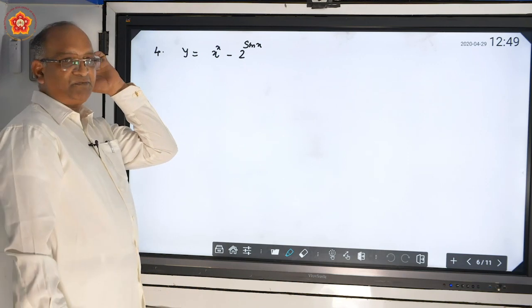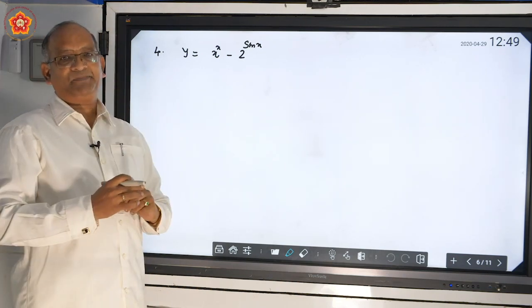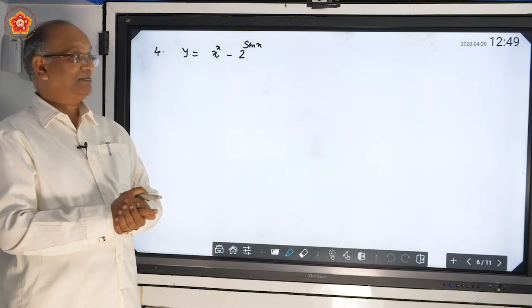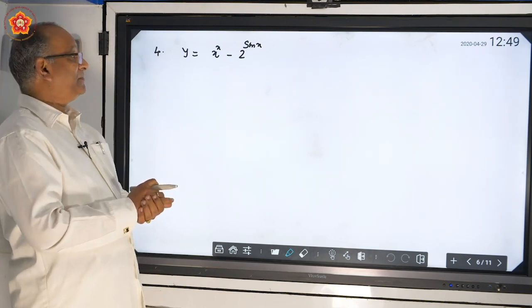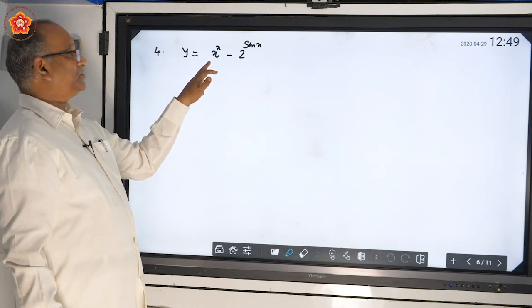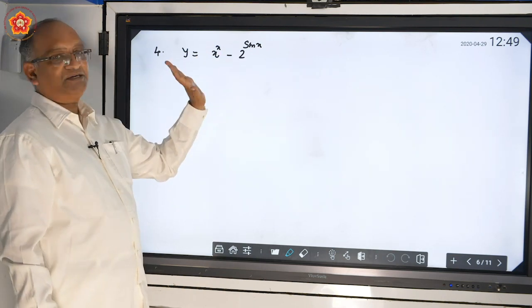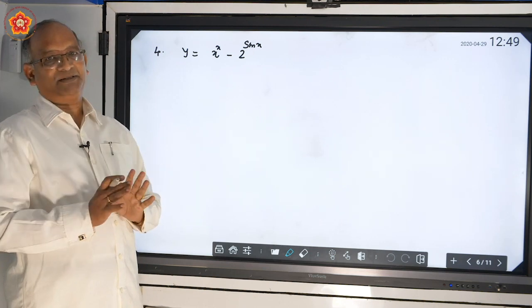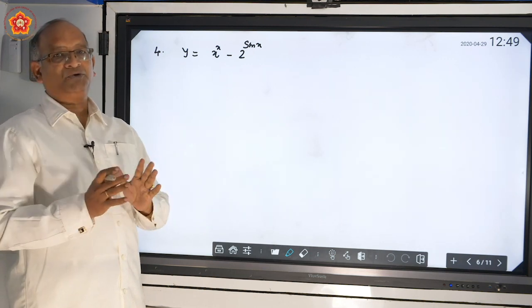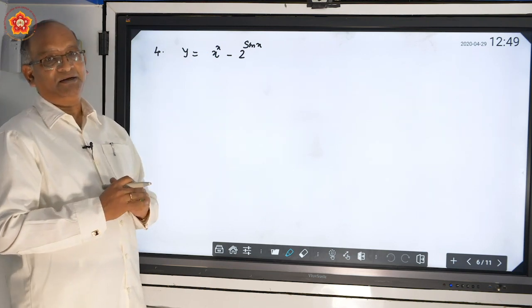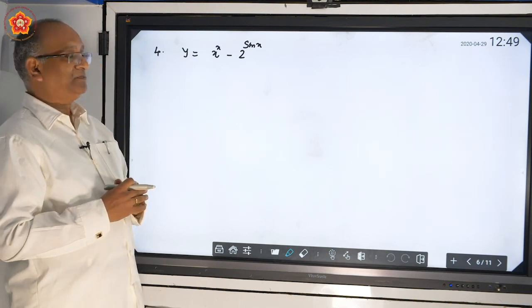Let us take up the next problem. When we look at the problem, it appears to be very simple. But the speciality of this particular problem is the base is also variable, the power is also variable. Whereas the second function is concerned, it is quite simple. There is no complication because you know the formula for a to the power x. But the first one is very special.